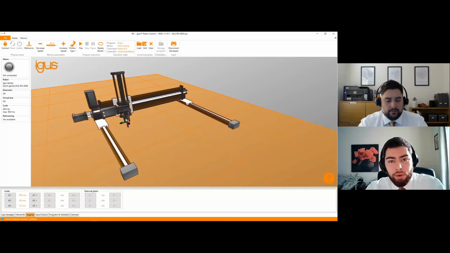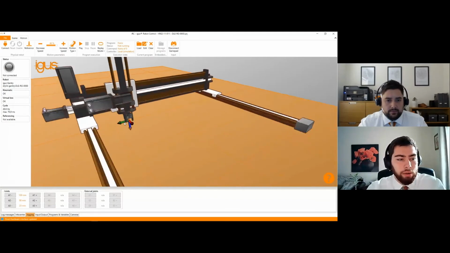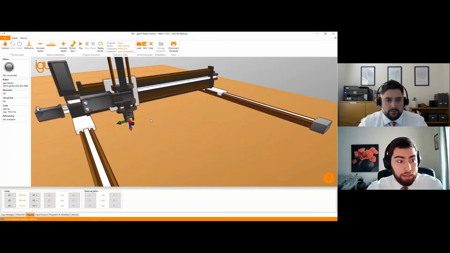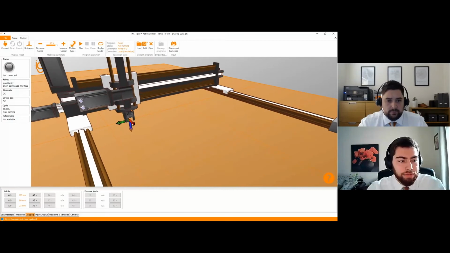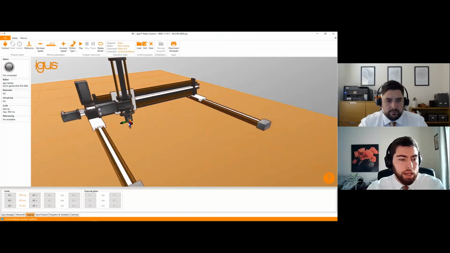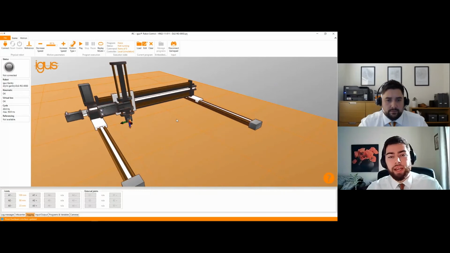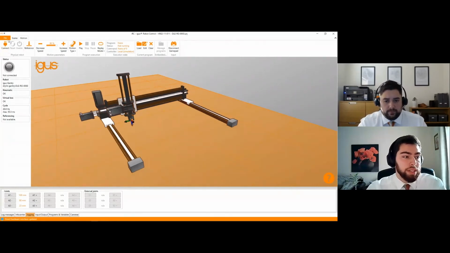Now the tool center point, or the actual point where the robot is gripping and picking stuff, has changed. If you see, the orientation has changed. And also with the gantries, as we said, they're modular, so we can do different customizations. So we can change, for example, the length.